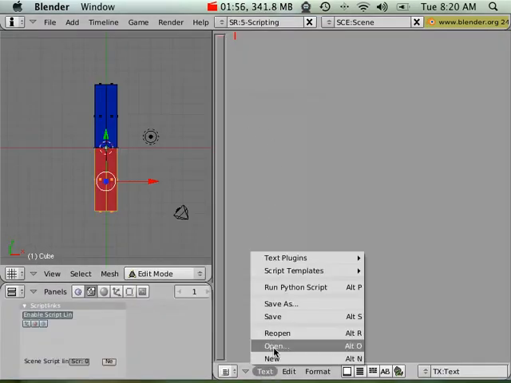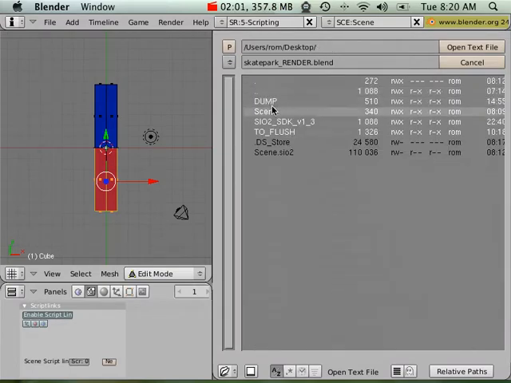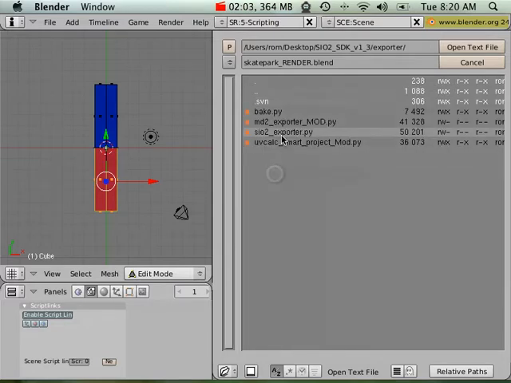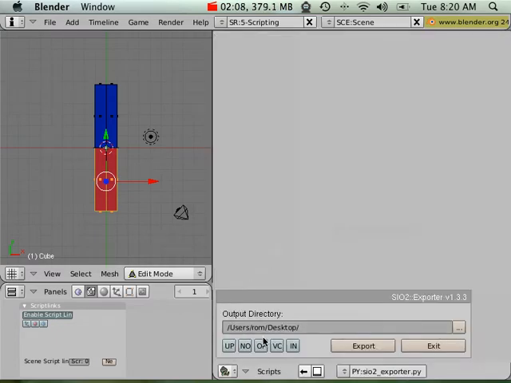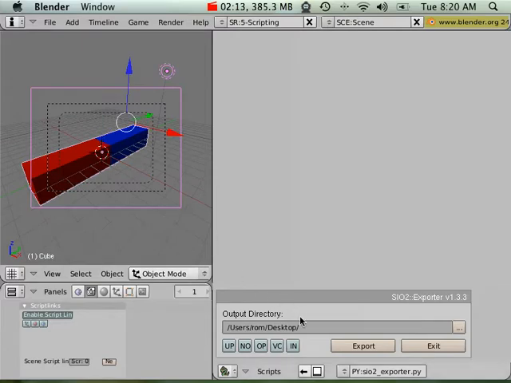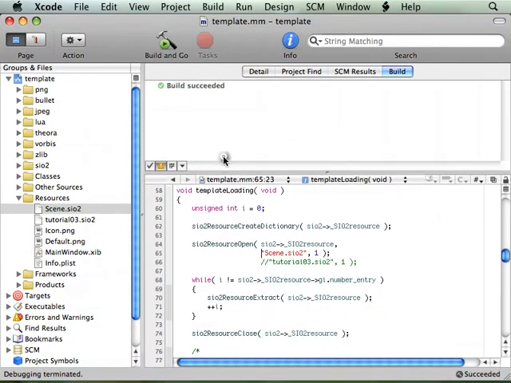For this tutorial I just take tutorial 3 and change the default SiO2 file that would be loaded. Before that I'm going to go in object mode, select everything, and click on OP to remove doubles and convert quads to triangles. I'm going to dump that on my desktop, with vertex everything that is indexed. Export, go back to Xcode, push play,